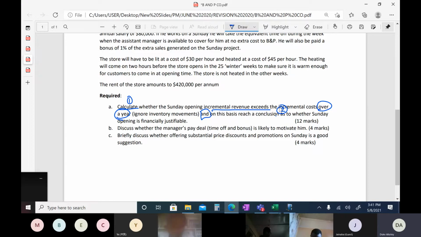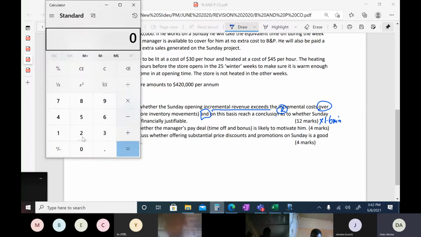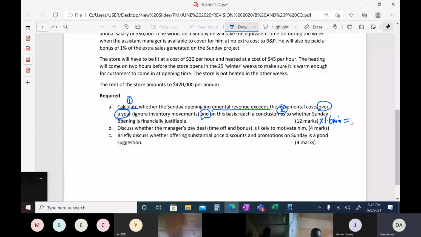Now, for the purposes of the exam, if you are planning and reading at the same time, you would want to, on a more conservative basis, multiply this by 1.6 minutes. So 1.6 multiplied by 12 should mean that I ought to finish this around 20 minutes. So we'll look at that and then discuss